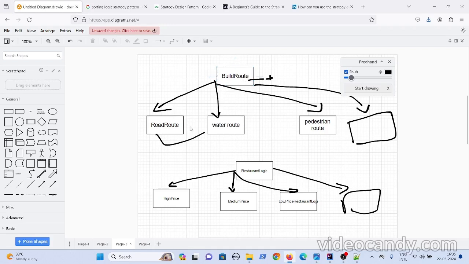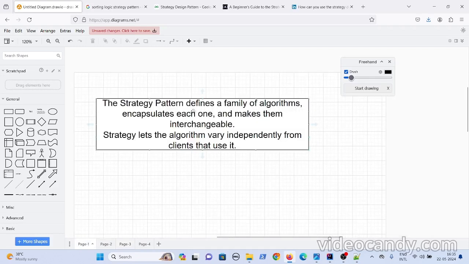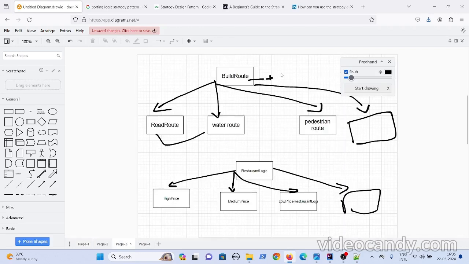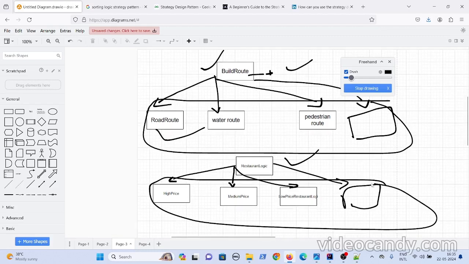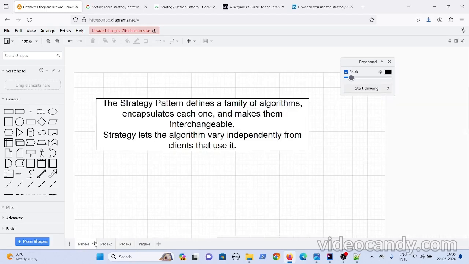You are encapsulating all your logic in road route, water route classes. You are not putting everything in the build route. So the strategy pattern defines a family of algorithms. This is one family, and this is another family, and all this logic is encapsulated under build route, and all this logic is encapsulated under restaurant logic, and makes them interchangeable.